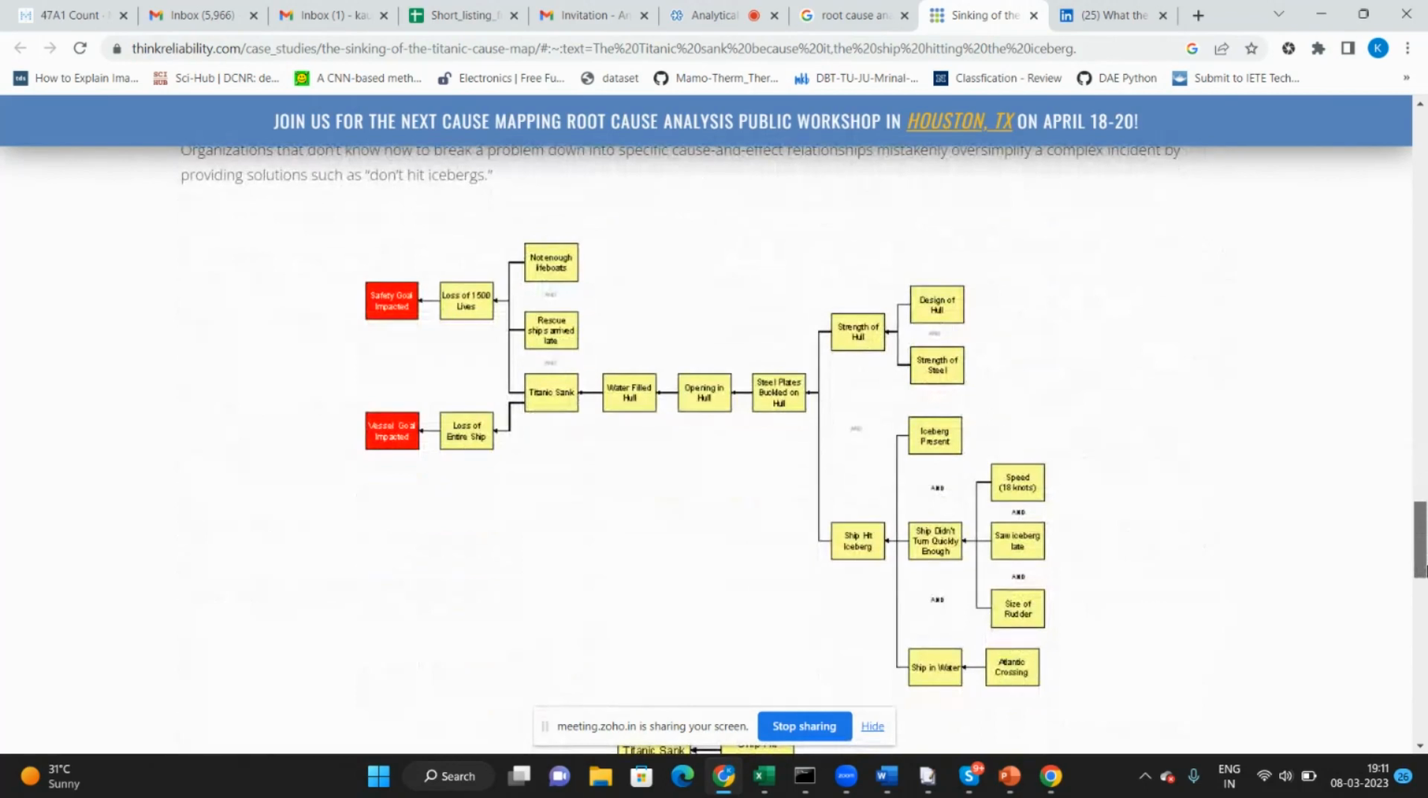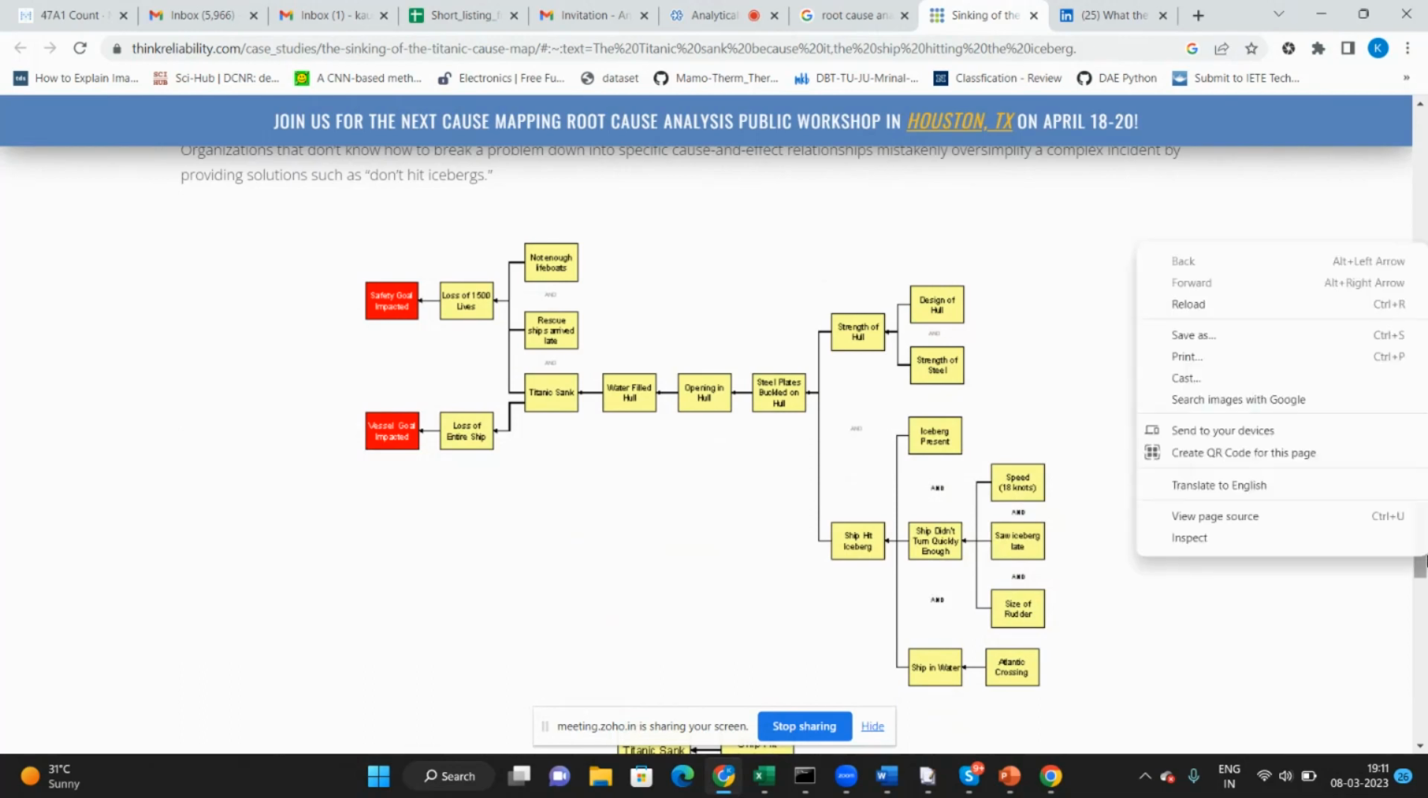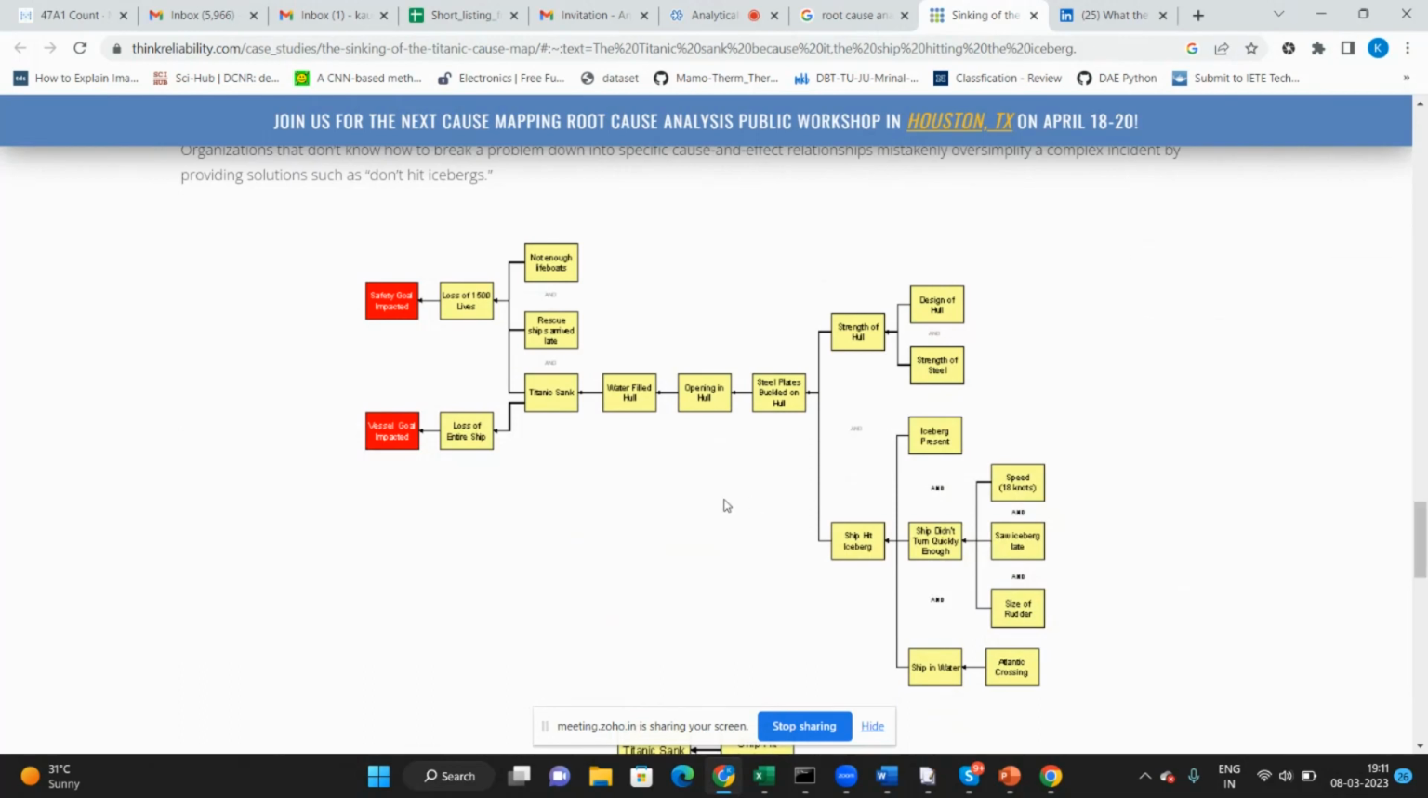So how will I pick the correct primary cause for solving a problem? There are two ways to do it. The first way is to go by your gut feeling. For example, I am very confident that it is because of the ship structure, the hull, that the water came inside and the ship sank. So I will take only this cause and work on increasing the strength of the hull,